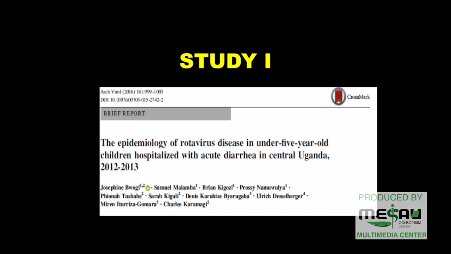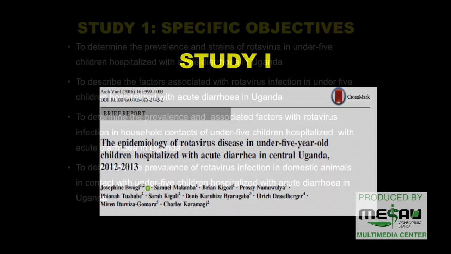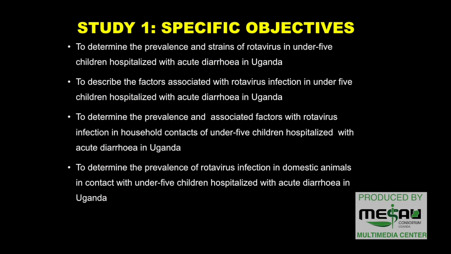So this PhD work was composed of 3 studies. Study 1 has already been published in Archives of Virology. And the specific objectives for study 1 were to determine the prevalence and strains of rotavirus in under 5 children